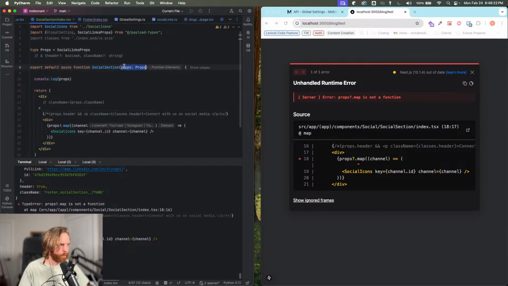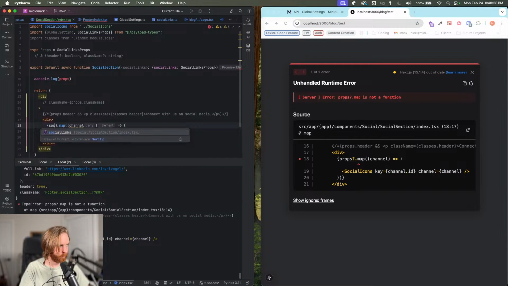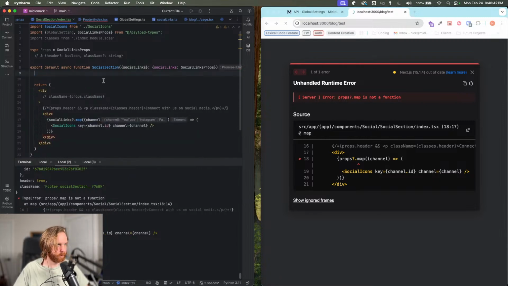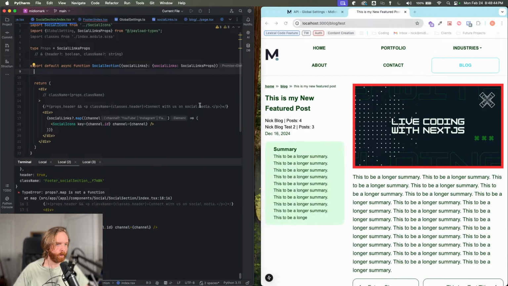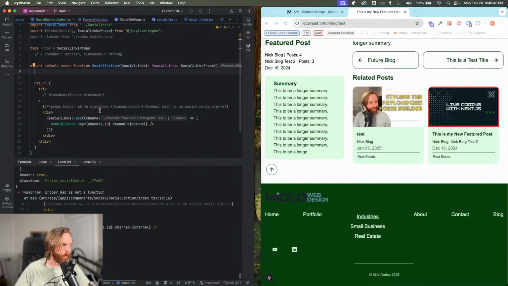And instead of that, we'll do our social links and have that be social links. Social links. Get rid of those props. Will this work? So far, so good. So then we can add the header back in